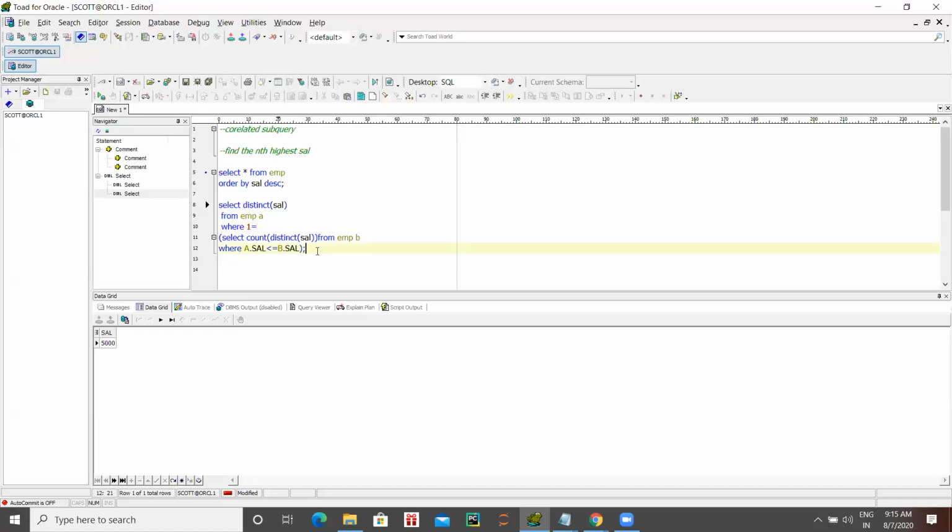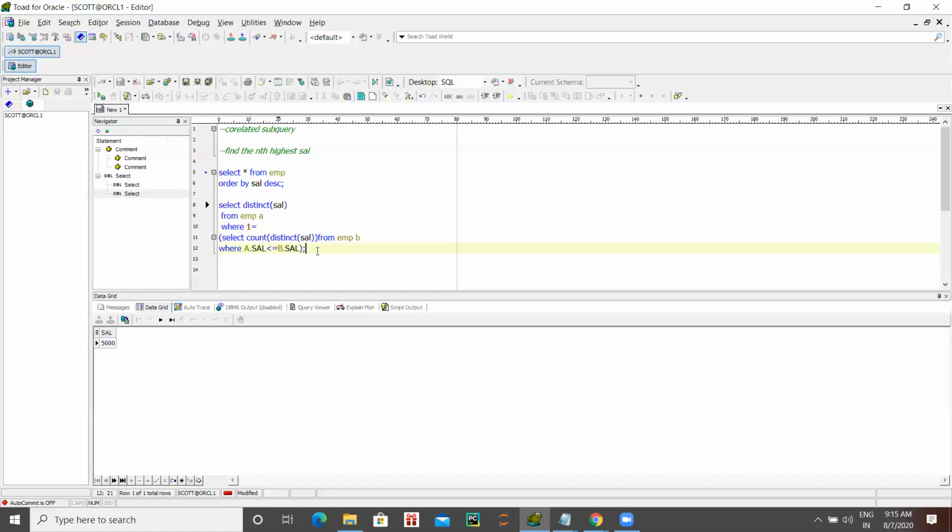Here there is again a subquery we have written: select count of distinct salary from employee B, where A dot salary is smaller than or equal to B dot salary. A means employee A. B dot salary means employee B inside the subquery, the inner query. A dot salary means the outer query. We are using only the employee table, but there is one employee table inside, one employee table outside.